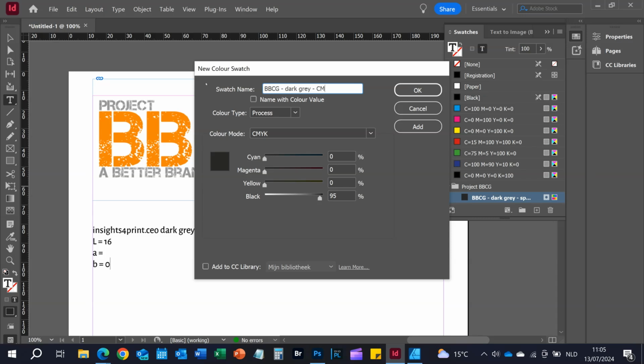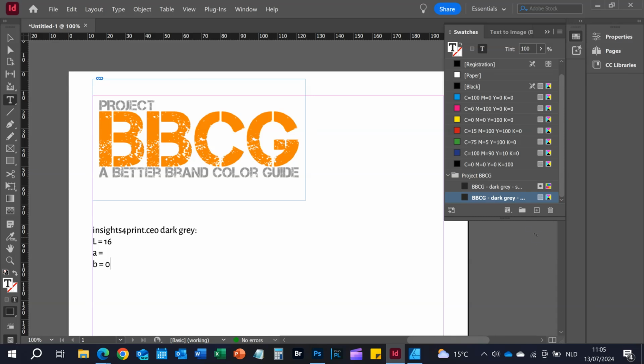CMYK. Now, best practice is to have different values, and you might want to check that and test print it for both coated and uncoated. But for this tutorial, I'm going to do it like this, just have one value. So now I have a folder with two swatches, and to export it,